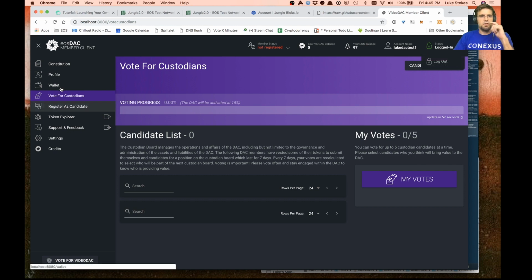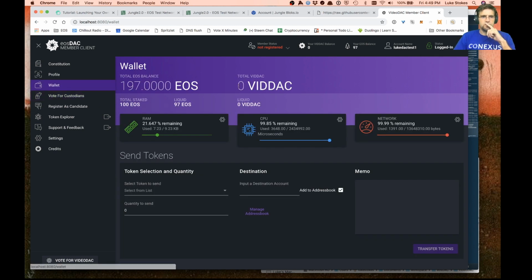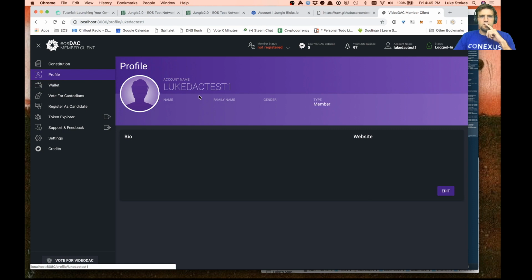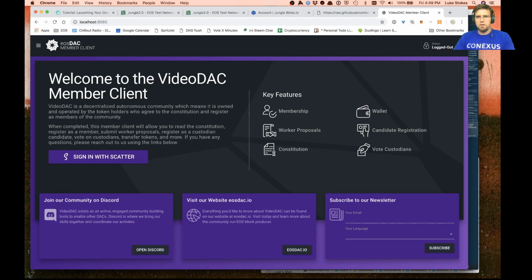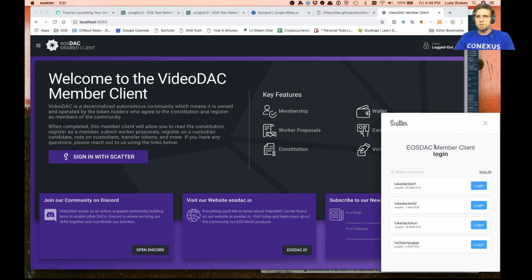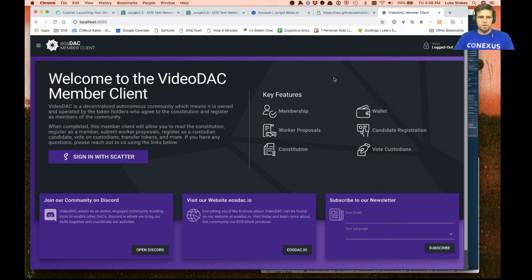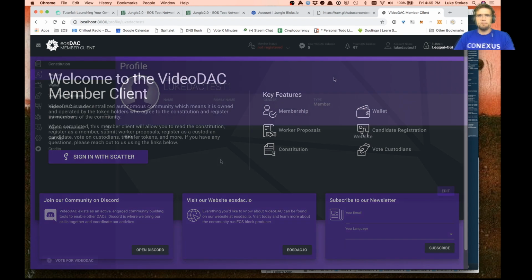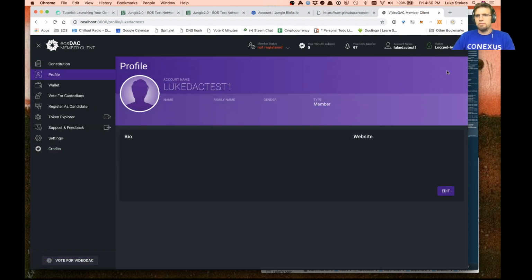But this is connecting to our contract and our system, which is pretty cool. I've got no profile or anything. So I'm going to log out and log in again. Scatter should come up, but I'd have to set up my permissions on Scatter. Actually, I just left that alone. We'll just use this account here. So if I was going to save a profile here,